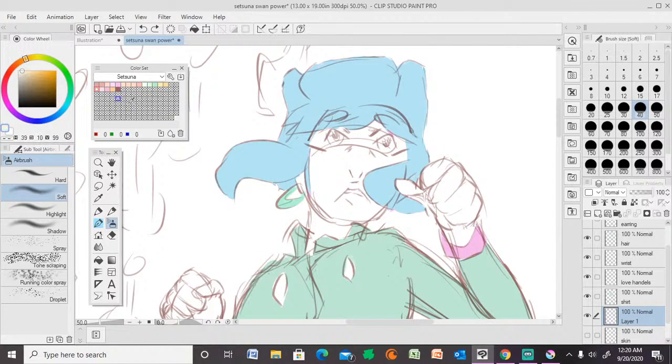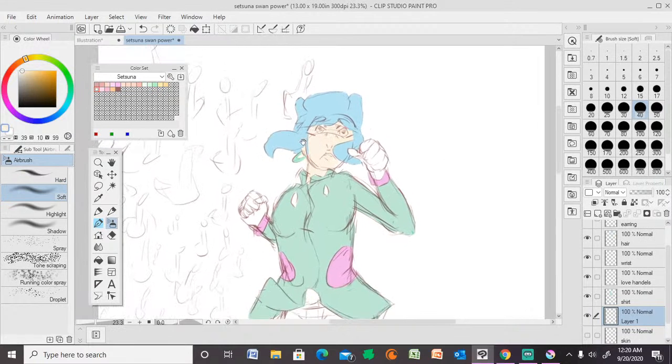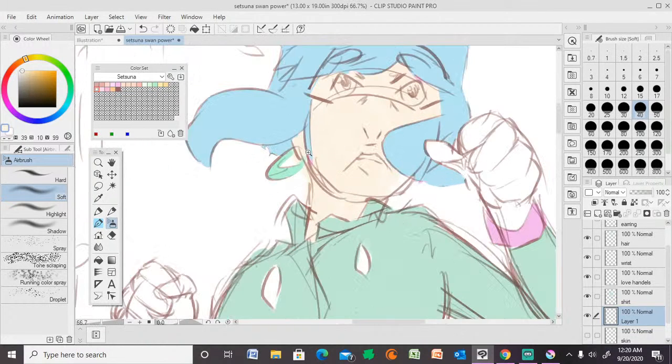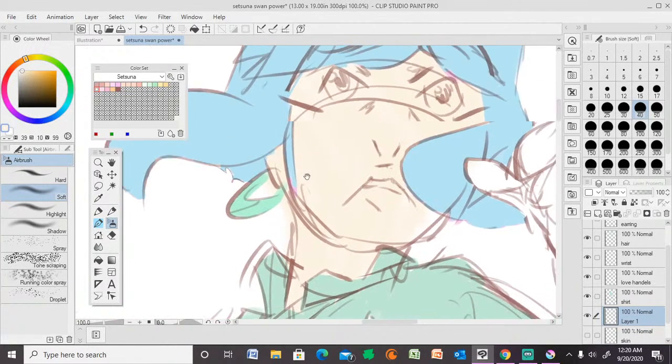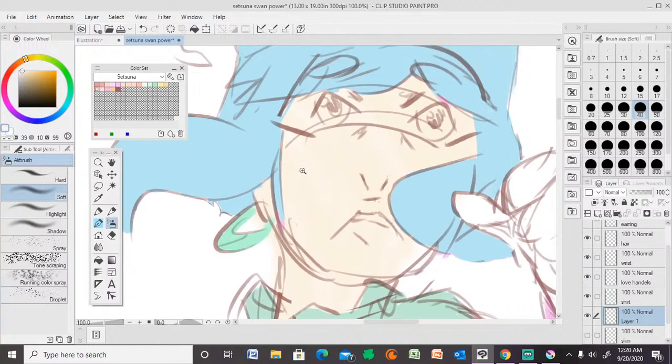Let's set this to a normal skin tone, even though I'm not going to use this, just to show you guys how it would normally look. I was done with the painting too. Look how weird this looks. From a distance you're not going to realize it too much, and you'd think that looks fine. When you zoom in just a little bit, especially if you're doing comics and they zoom in closer on your art,